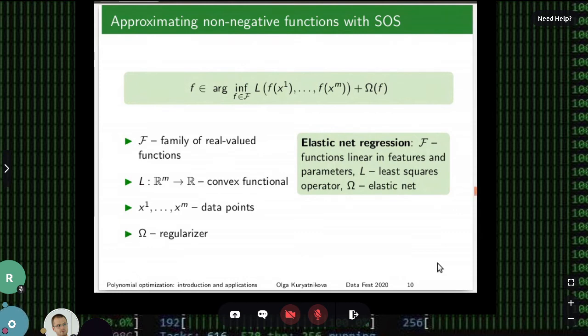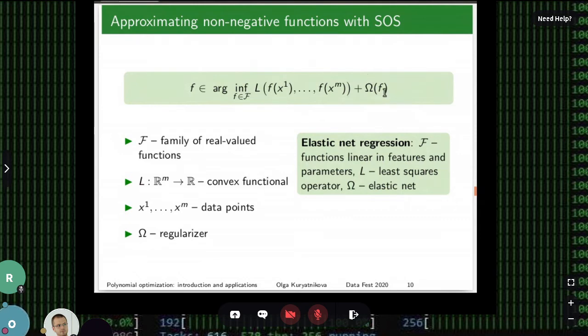And that is basically what we can do not only in the case which I have presented, but in some other cases. Here is a formulation of a very general problem, which even I, with my limited data science experience, have encountered quite many times. Namely, we have to find some function f that belongs to some given family of functions, and that minimizes our given convex functional